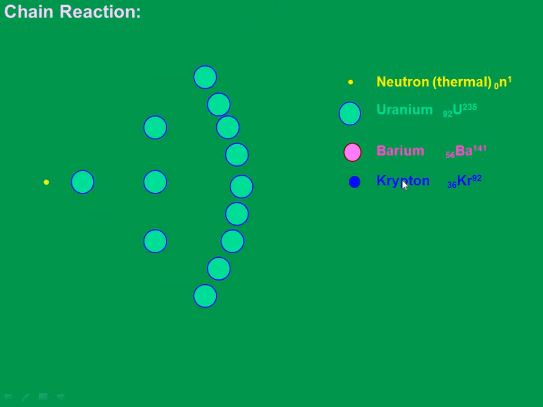So in different stages, this is the first stage, level 1, where the reaction started. This is the second stage, because here we got two byproducts, which are two daughter nuclei, barium and krypton, and 3 thermal neutrons. Those 3 thermal neutrons are again bombarded with other uranium-235, and from each again we got barium, krypton, and 3 thermal neutrons from each.